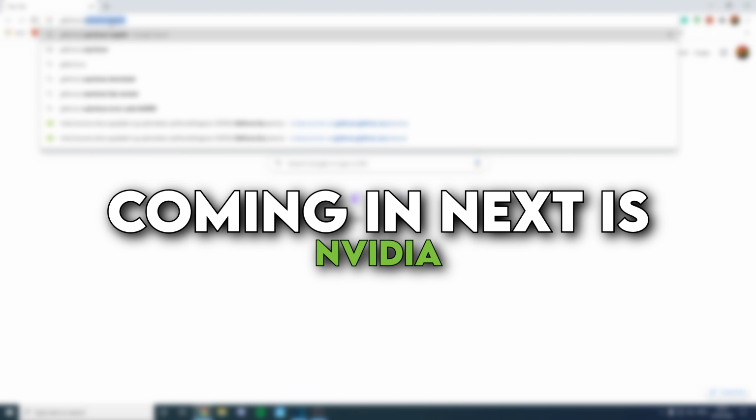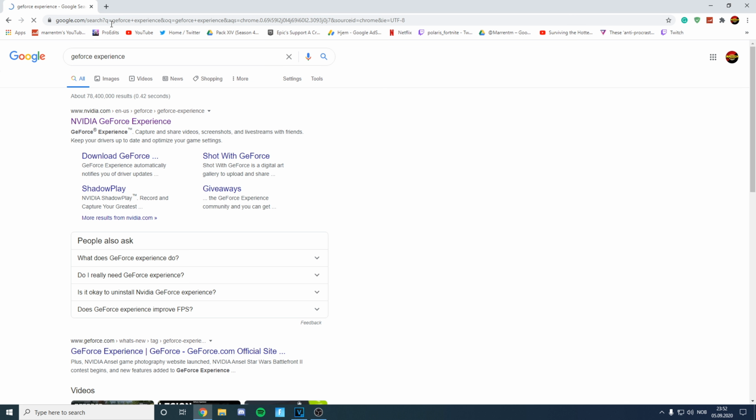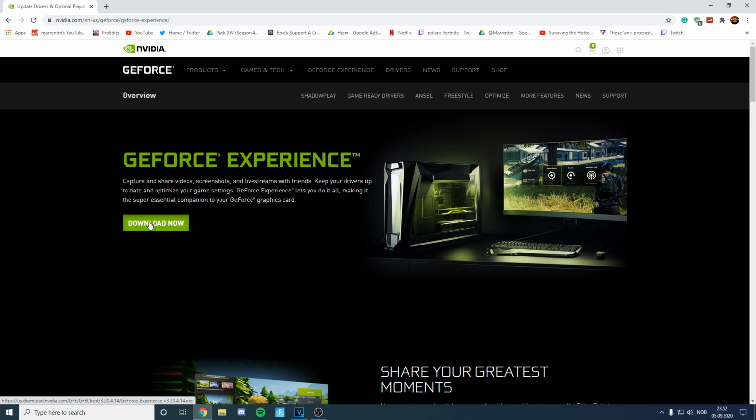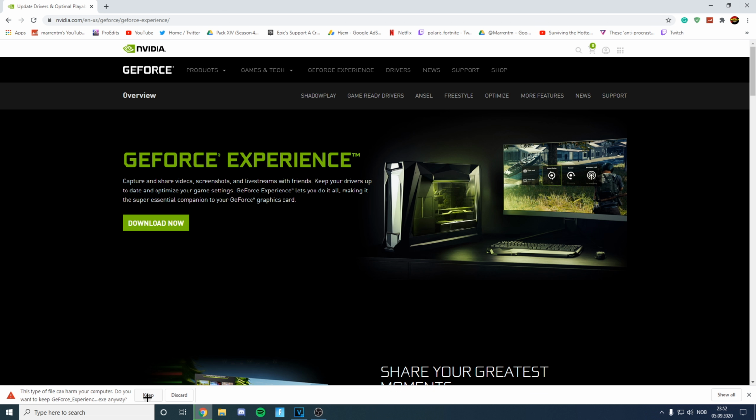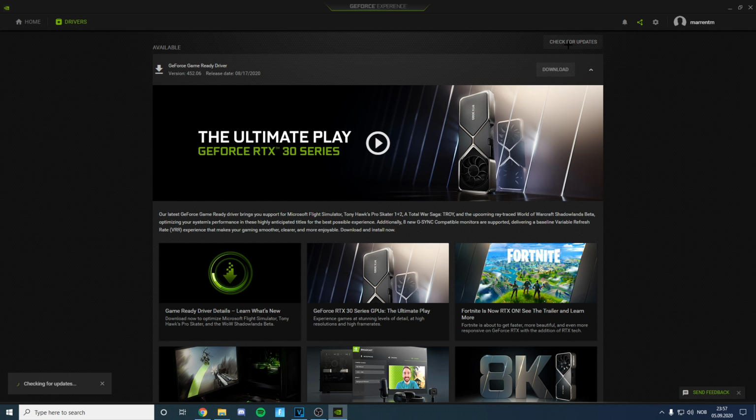Coming in next is Nvidia Settings, and if you don't have a Nvidia graphics card, please make sure to skip to the timestamp on the screen right now. So first and foremost, download GeForce Experience. Once it's downloaded, make sure to open the program, go to drivers and click check for updates. If you have a driver update like I do, make sure to press the download button and follow the given